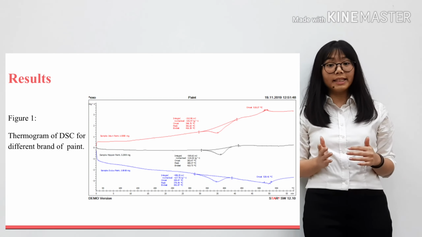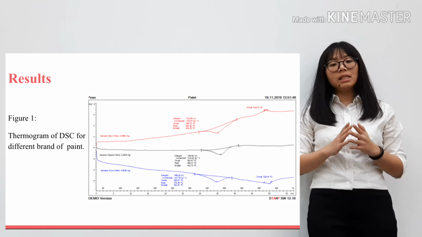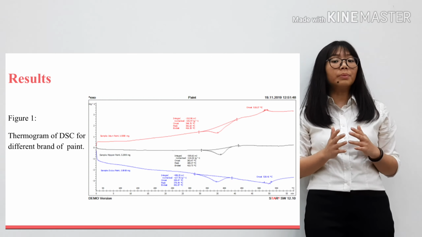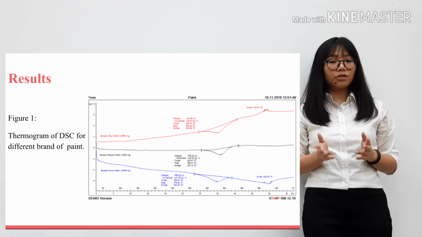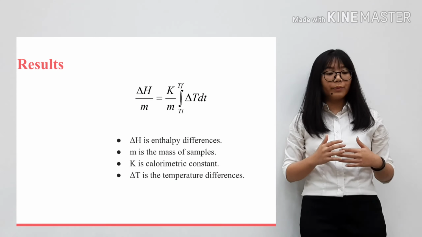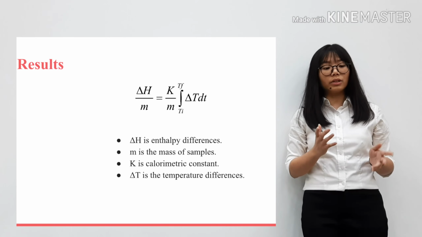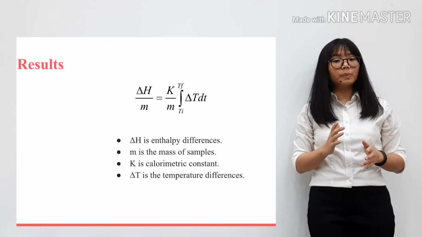Now I present about the results part. First, we have done the thermal stability, for which we received the thermogram from the DSC. So you can see the curve, where there's a peak over there. We have interpreted the peak as the temperature for the Tg, which is the glass transition, and also the melting point. We also used the results that we obtained and interpreted them using the enthalpy difference, the mass, the calorimetric constant, and the temperature difference